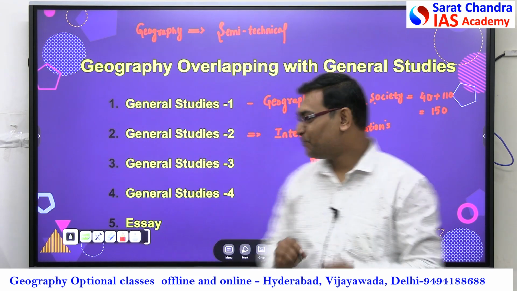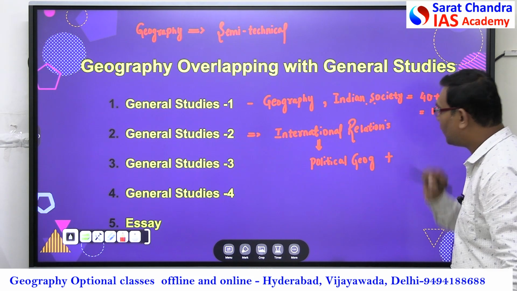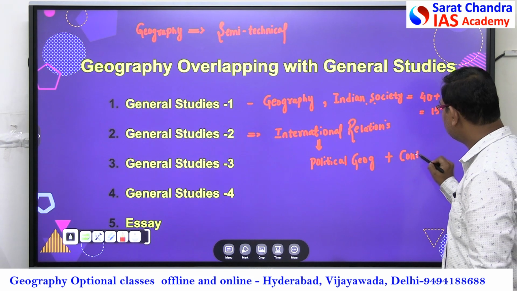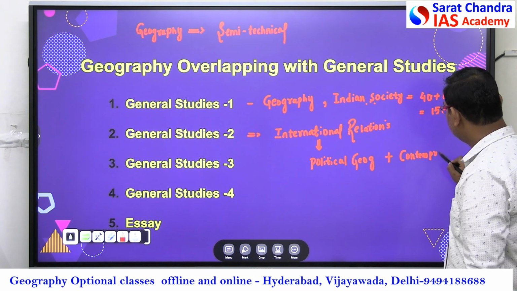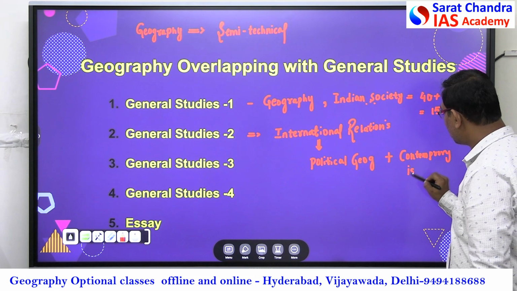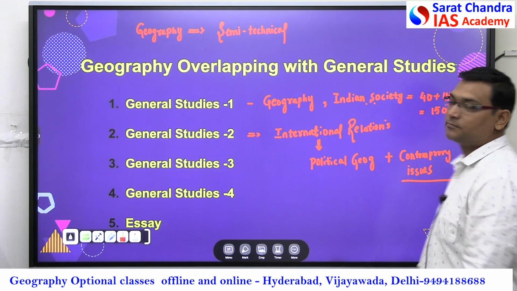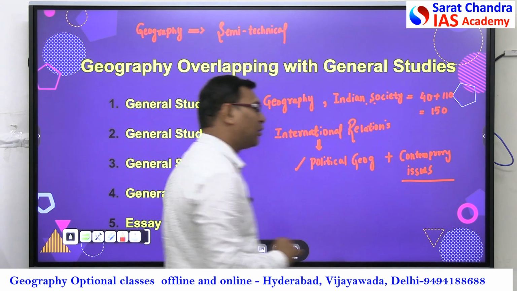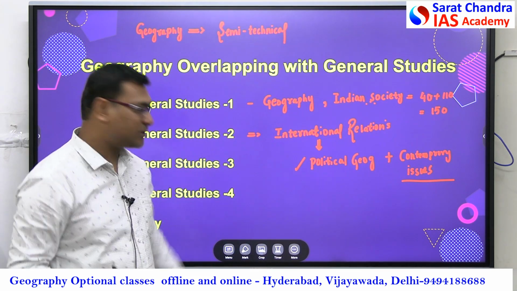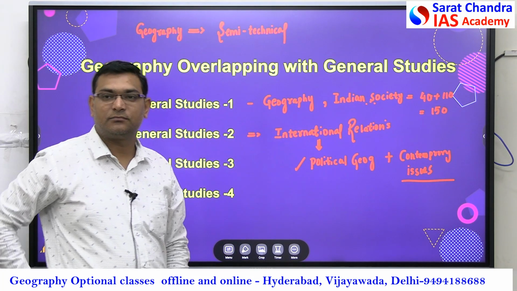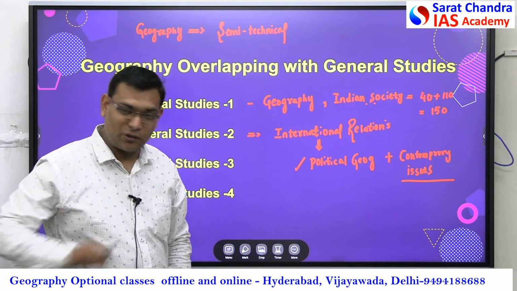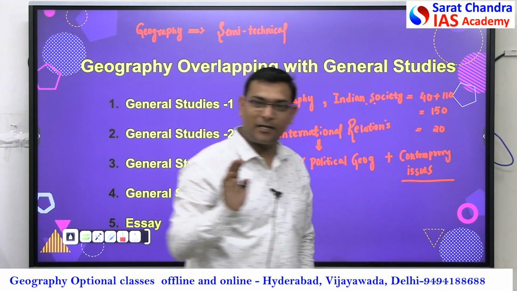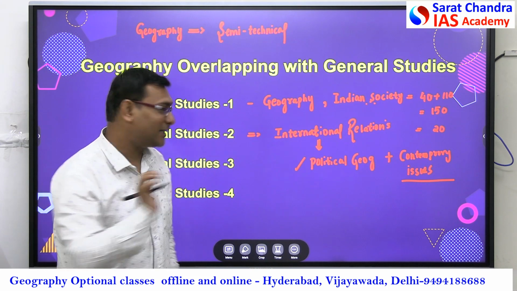Number 1, clear? Plus also not only political geography but contemporary issues. Contemporary issues are also covered under this political geography as well as contemporary issues. These international relations are covered. Over, right? So at least you will get 20 marks. Clear? 20 marks is clear? Right. Now, third,